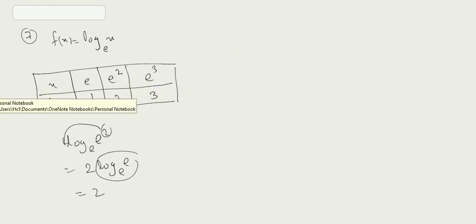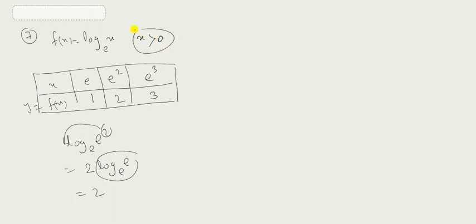So let me plot the graph. And remember, here I have mentioned an important thing, that here x must be greater than 0 and the base also must be greater than 0. That means there is no portion of the graph or curve which lies on the negative side of x. So let me add one more value over here.